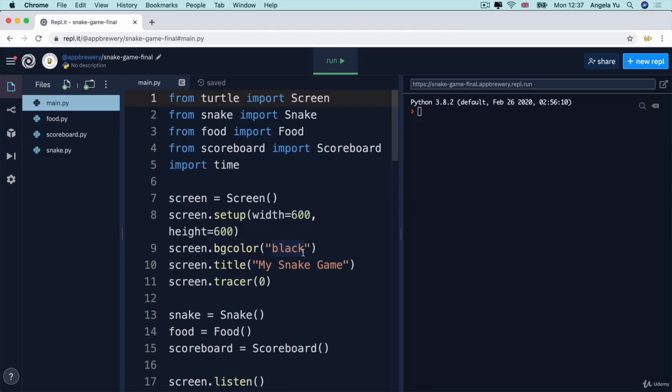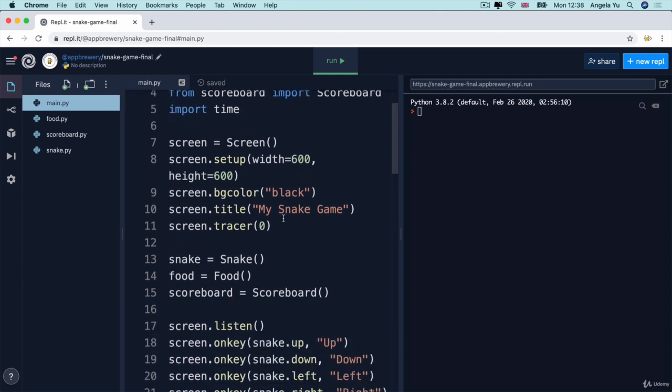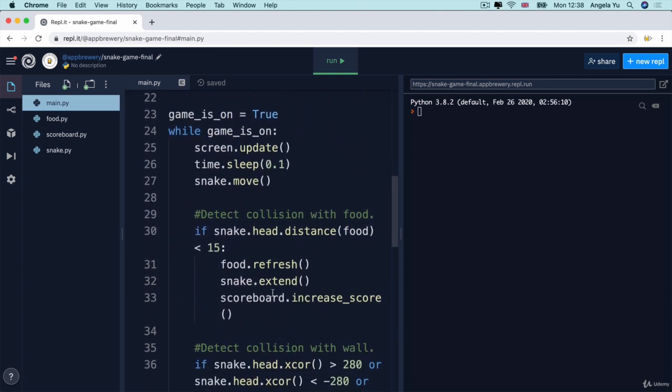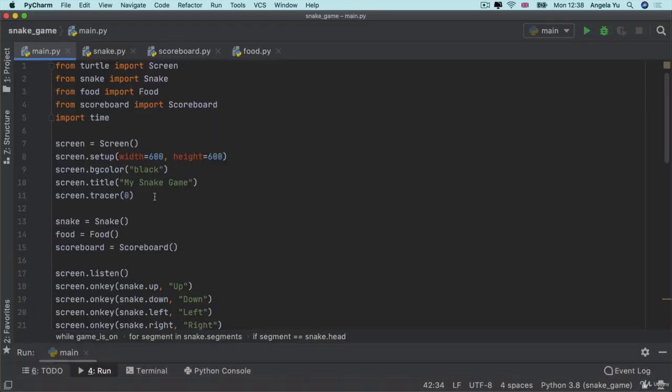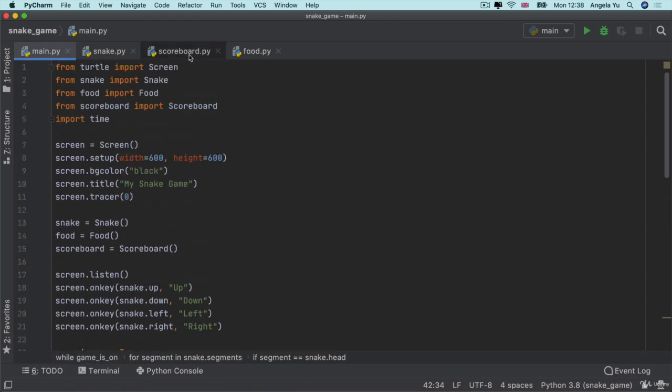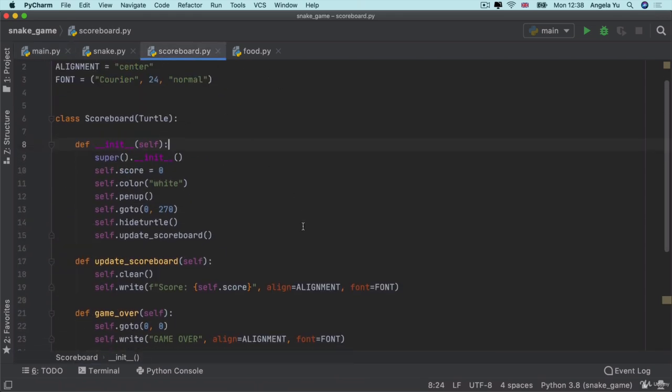Now, if you can't find your snake game project, or if you've made some significant changes to it where it might be confusing to follow along with the tutorial, then simply head over to this URL, which is in the course resources, and hit download as zip, unzip the downloaded file, and then open it inside PyCharm, and you should end up with the same project as I have here. And once you've done that, then we can begin adding the functionality to keep track of the high